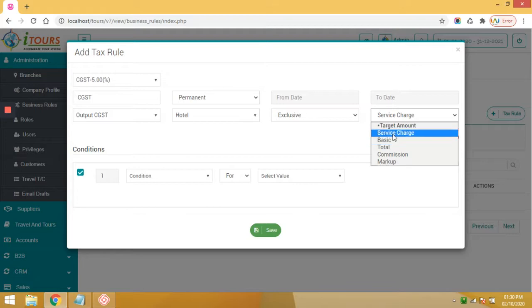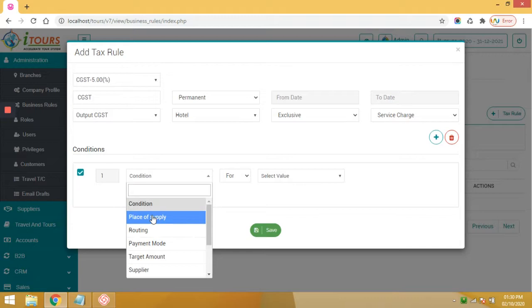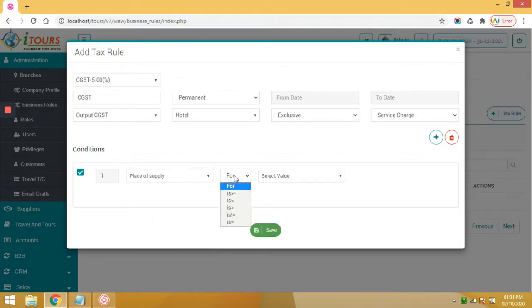Here we have the conditions. So when will this CGST tax be automatically applied? In the conditions we can select the place of supply. It may be is not equal to or equal to. So let's say is not equal to statement or the particular state. For example, the place of supply is Maharashtra and these services we are providing, means the customer is also in the Maharashtra state. So this CGST tax will be automatically applied in any types of sales.